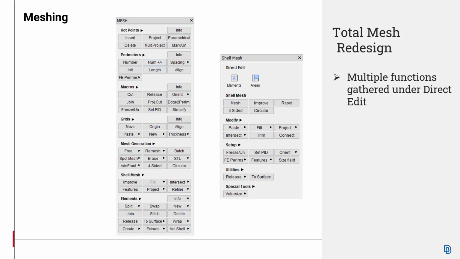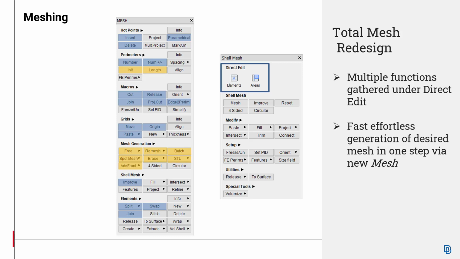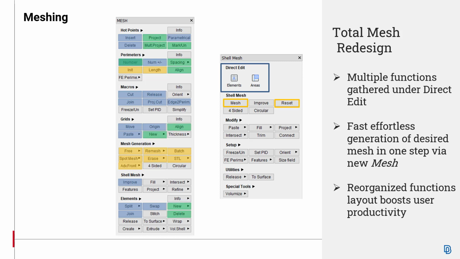On the left, we see the old classic mesh layout, while on the right we see the new shell mesh toolset layout. Mesh improved functions are gathered under the new direct edit function. All functions for mesh generation are incorporated into two new buttons, mesh and reset, while other functions are reorganized into new groups to boost user productivity.